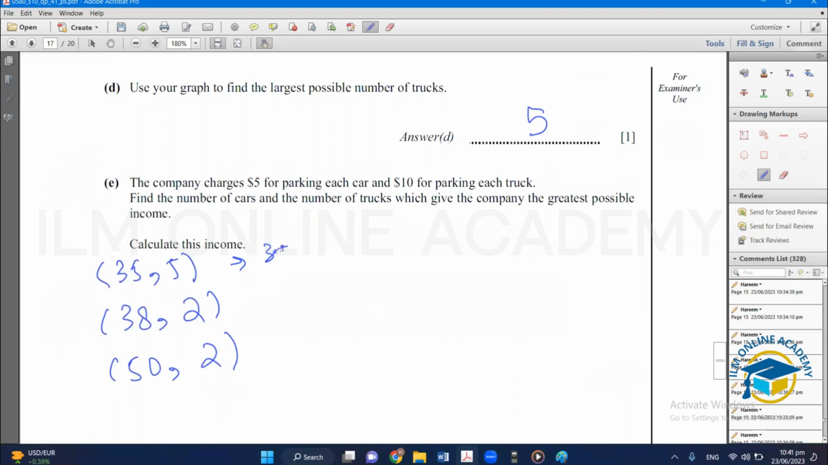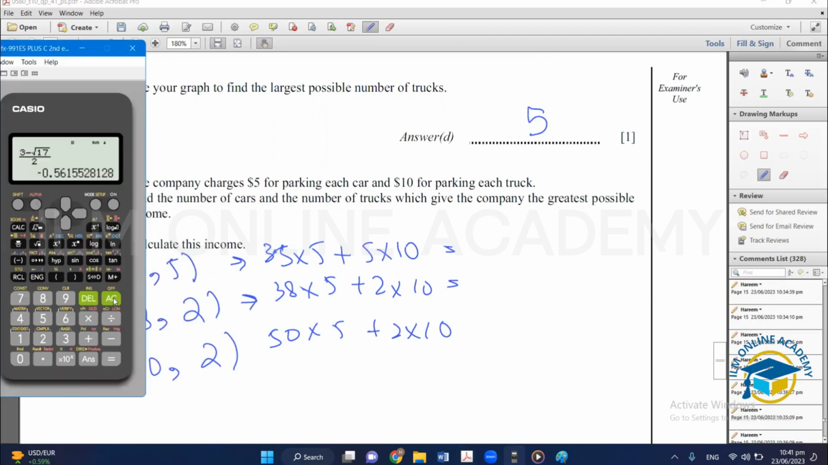35 multiplied by 5 plus 5 multiplied by 10. So there will be an answer. Then 38 multiplied by 5 plus 2 multiplied by 10. There will be an answer. Then 50 multiplied by 5 plus 2 multiplied by 10. So 35 into 5 is, just quickly calculate it. 35 multiplied by 5 is 175 plus 5 tens are 50. So